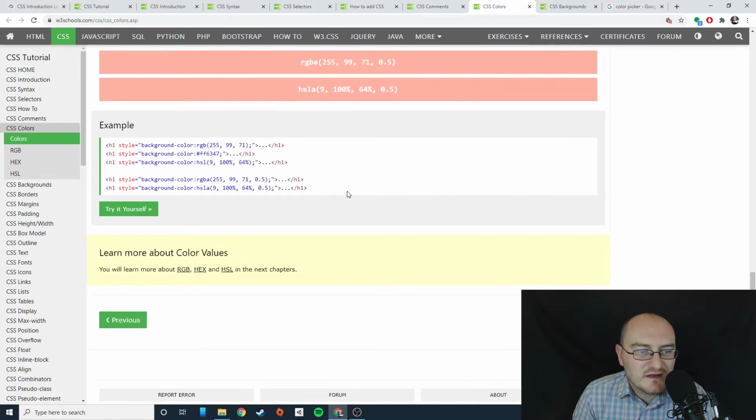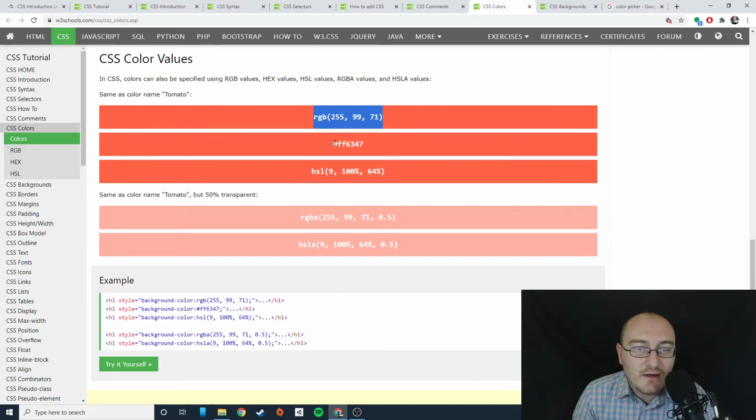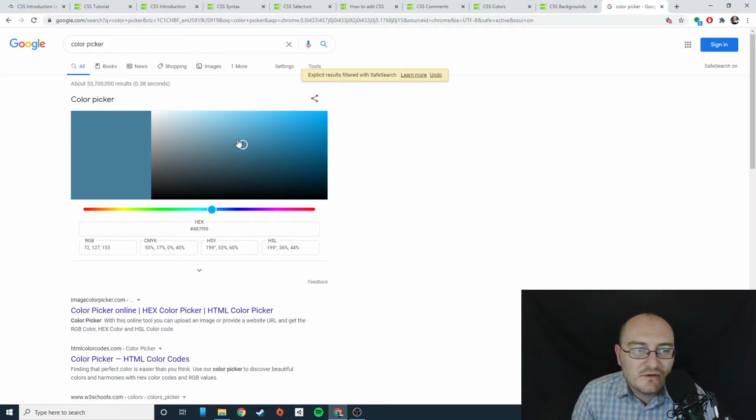So I don't think they show an example. Oh yeah, right here, hexadecimal value right there. Hexadecimal value is essentially the same as RGB. The first 2 digits are red, the second 2 digits are green, and the last 2 digits are blue. So with the color picker here, you can find really cool